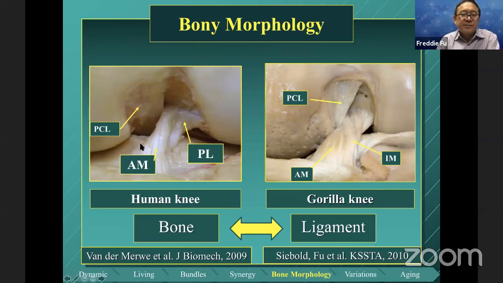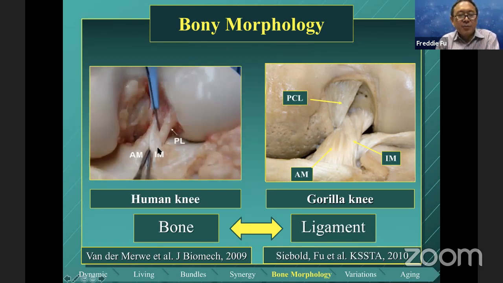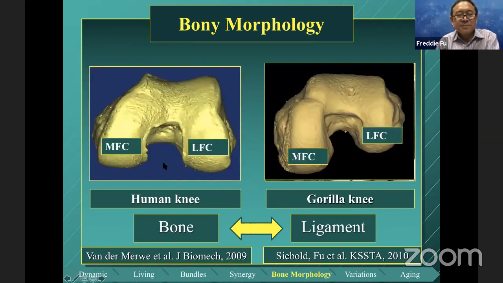Now this is a human being, 2 bundles. This is a gorilla, 3 bundles. And some human beings also have 3 bundles. You can see the vascularity coming from the lateral meniscus, right here, and then it's supplied through the